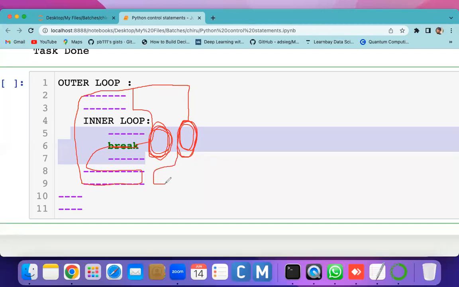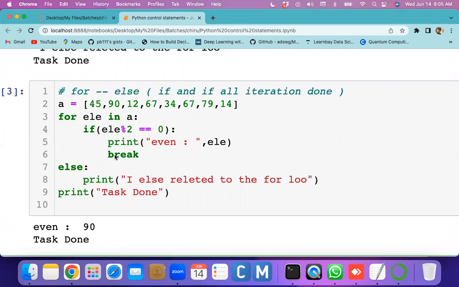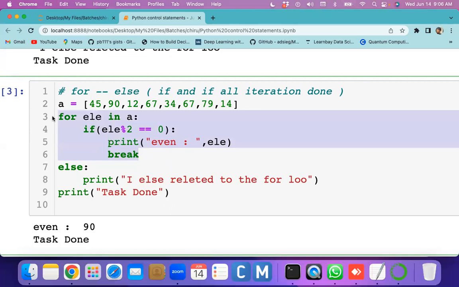Okay, clear? So break is only breaking the internal loop. I mean, break is breaking only that corresponding loop, not outside of the loop. But your question is, here my break belongs to the if, right? Here I have written the break inside of the if. So that means this if also belongs to the loop only, so this entire loop stops. Got my point? This for loop, this entire thing could be one loop only. This is the for loop, this is the conditional statement. This is different.